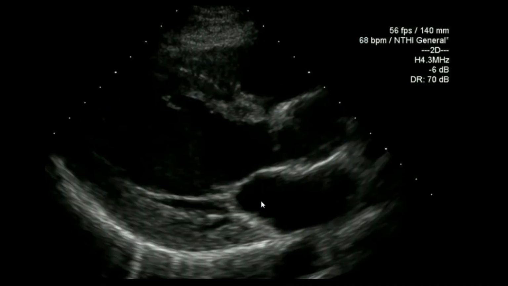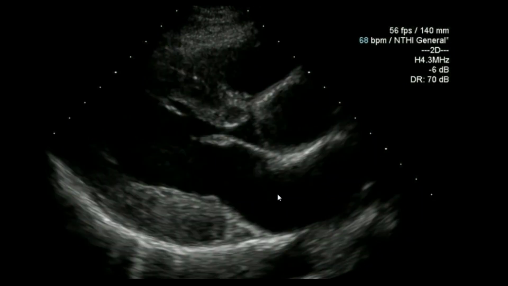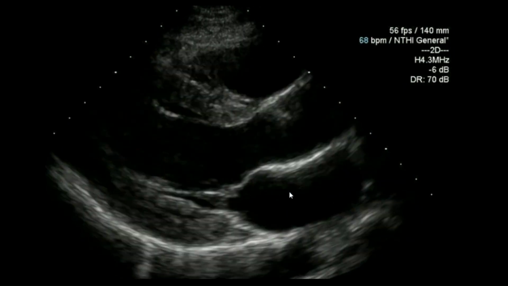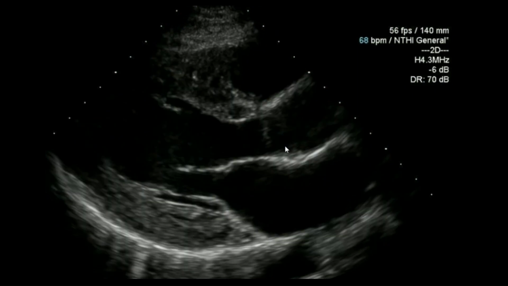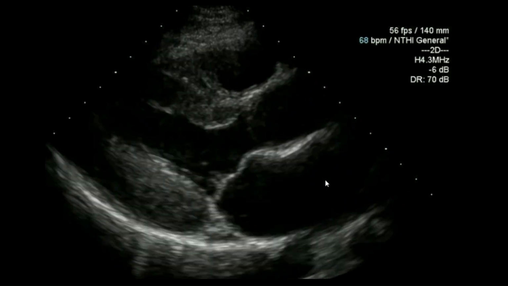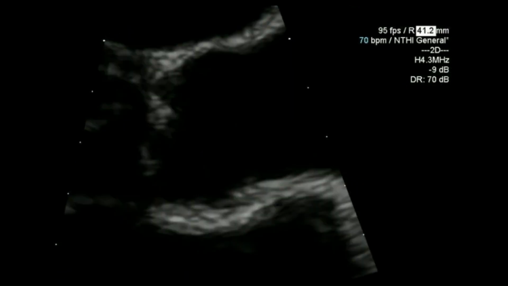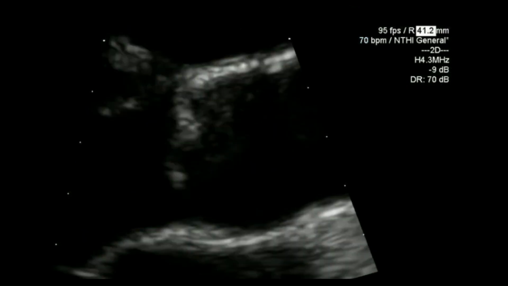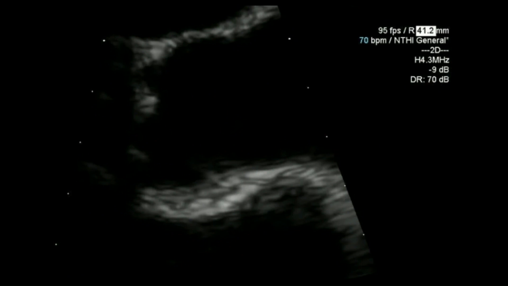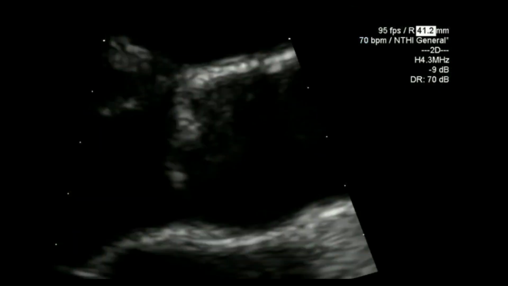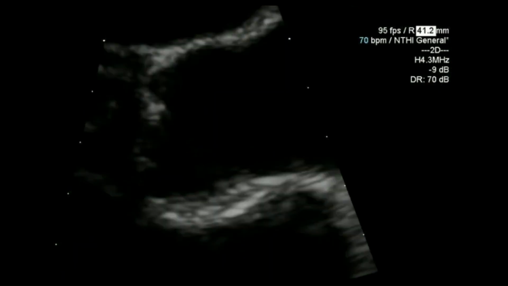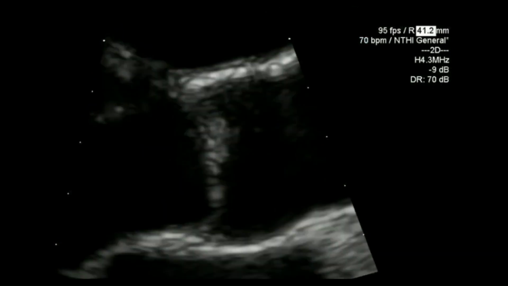In the parasternal long axis view, when you first look at the aortic valve, there's no obvious appearance in terms of the morphology of the aortic valve from this view. When I zoom up on it as well, there's nothing classic or typical about that appearance. It does not look like a normal trileaflet valve. It doesn't even look like a bicuspid valve, although sometimes ones with a vertical commissural orientation do have a similar